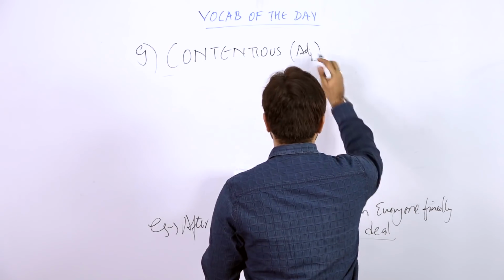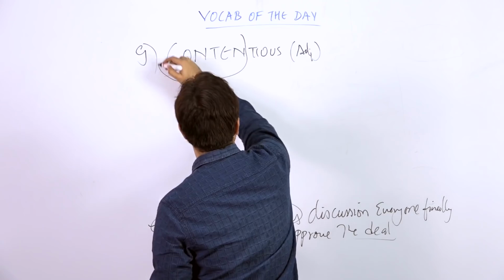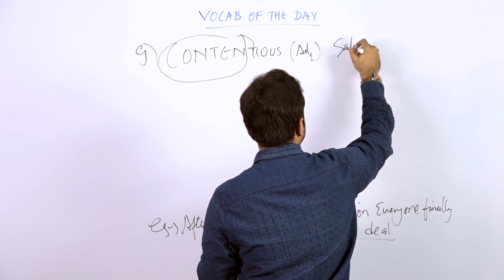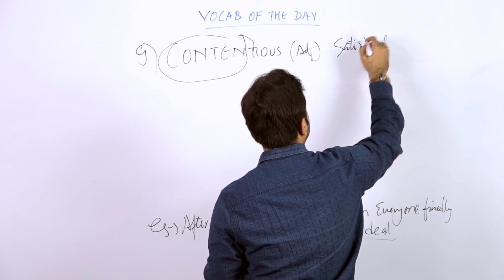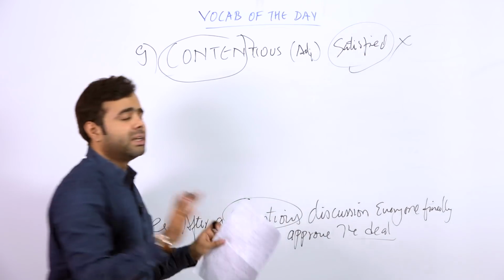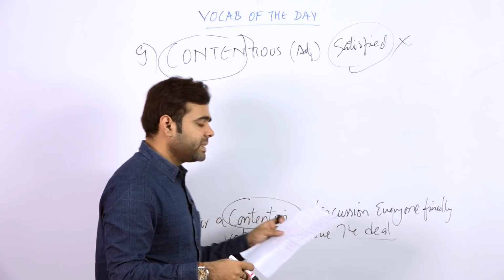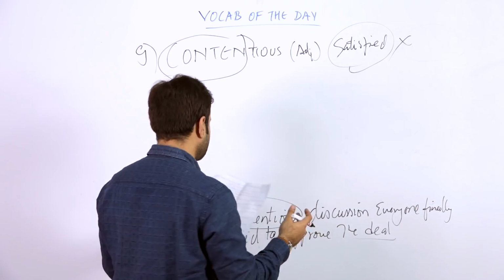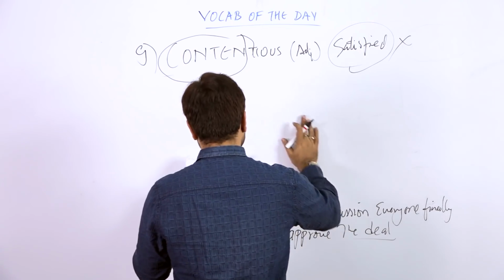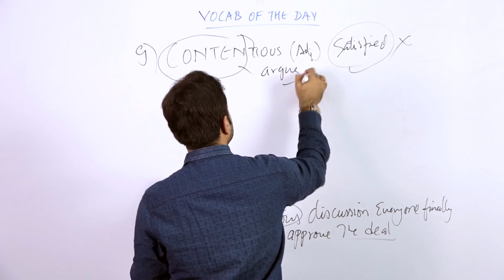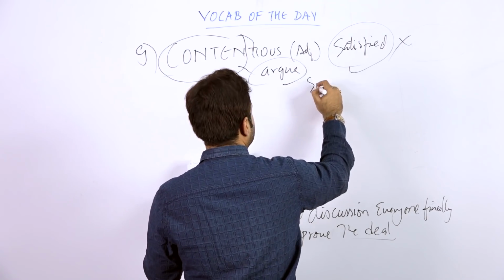Actually, this contentious is a word, but people do get confused with the word content. It does not mean to get satisfied. It is not related to the word satisfied. Are you getting, students? Because content is related to a kind of satisfaction, where someone is getting very much delighted, or something like that. So it is in the feeling of happy, but contentious means to argue. Are you getting? So now synonyms. Let me write the synonyms.